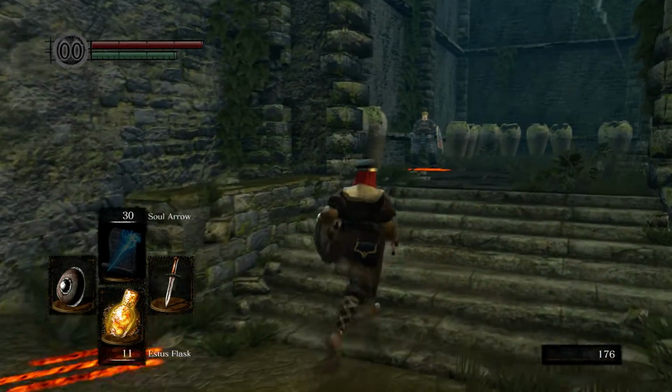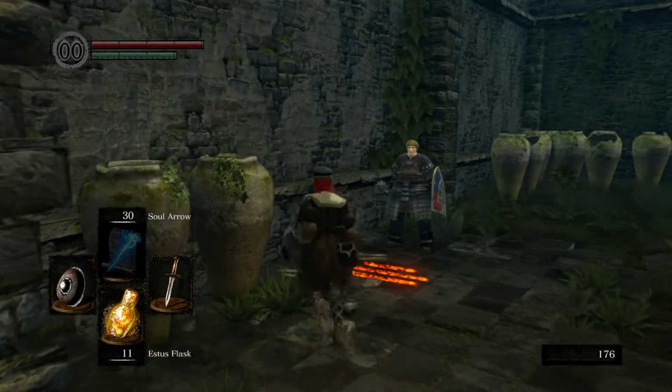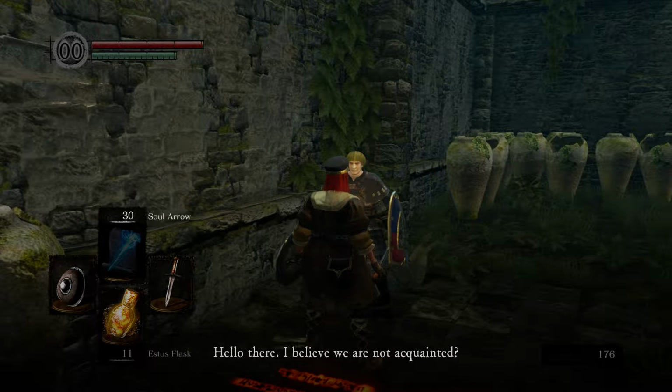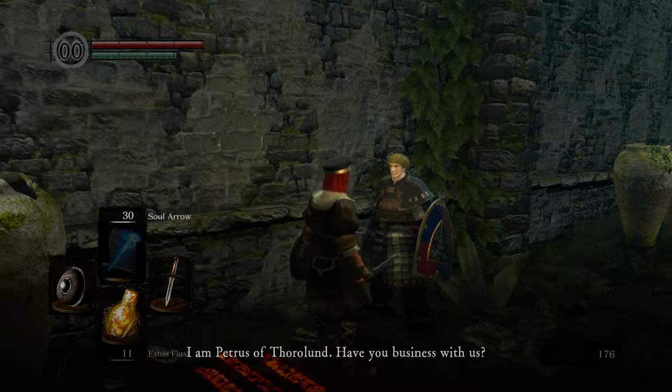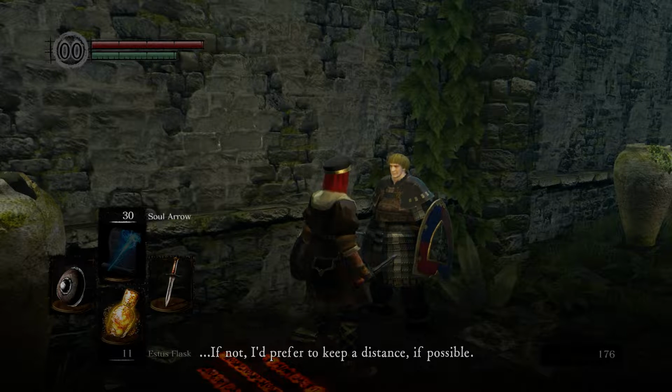Oh, and this jerk over here. Let's say hello to him real quick. Hello there. I believe we are not acquainted. I am Petrus of Thurlock. Have you business with us? If not, I'd prefer to keep a distance,